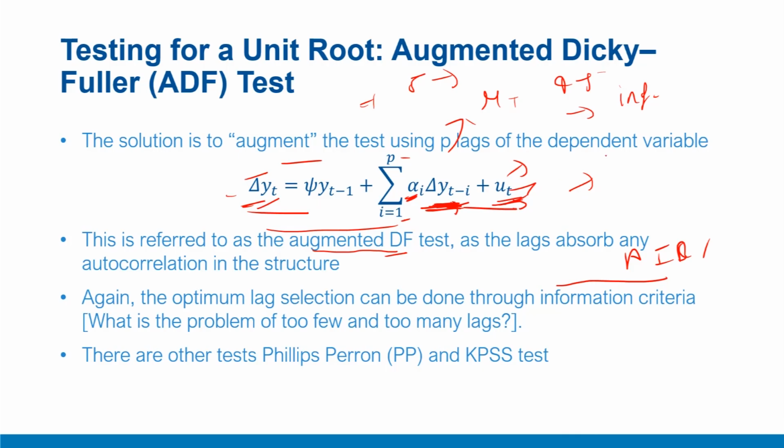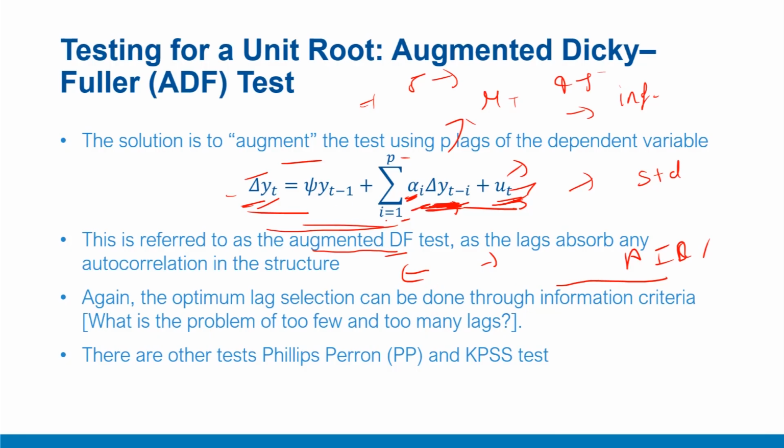That will be absorbed by these new parameters, and essentially it will result in higher standard errors of estimates and a poor model estimation. So there is a trade-off whether you choose too few lags or too many. You need to choose an optimum number of lags,